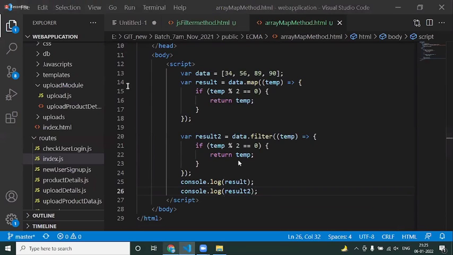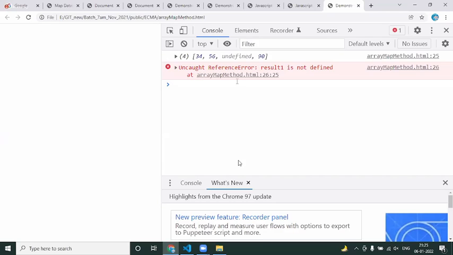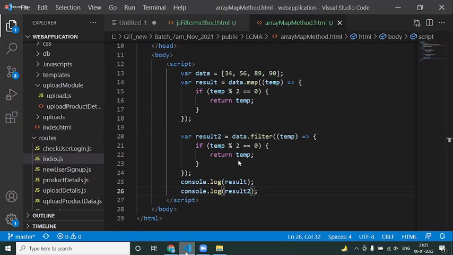Save this. Now if you come back and reload, what is the length of this one? This one is 3, but that one is 4. Why so? With the filter method, if the condition is not satisfied, I don't even return a value. But with the map method, for sure, I need to return a value. Do you guys get the difference, Amna, now? Yes, sir. Okay, good.